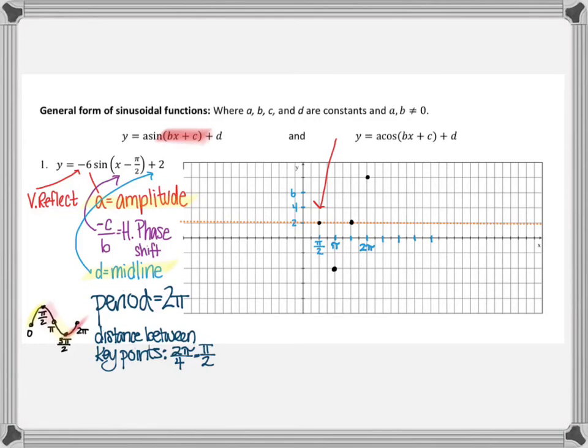So normally my sine curve would go up to the mountaintop first, and then come back down. Oh, gotta pause this, rewind a little bit here. Right, so I had that up to the mountaintop and back down. But now, since we have this reflection in there, I'm going to go,